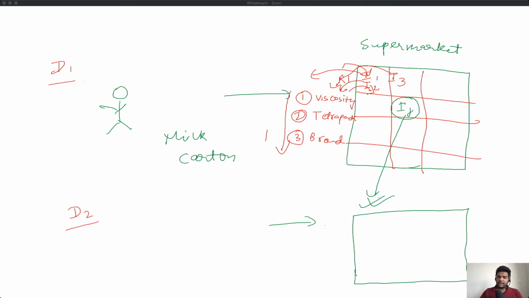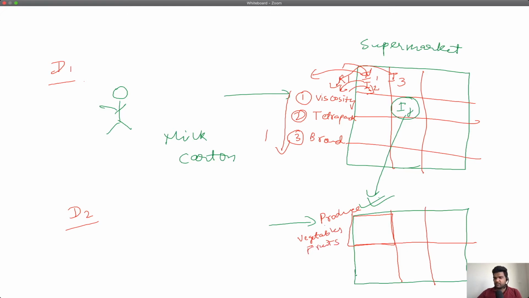What the supermarket has done now is they have categorized the various items into groups. So for instance, this particular section contains only produce, which basically involves vegetables, fruits. Then you have another section which is solely dedicated to toys. You have another section that is solely dedicated to dairy products.